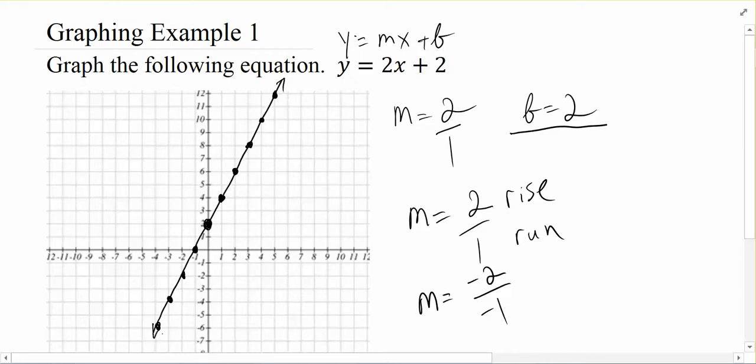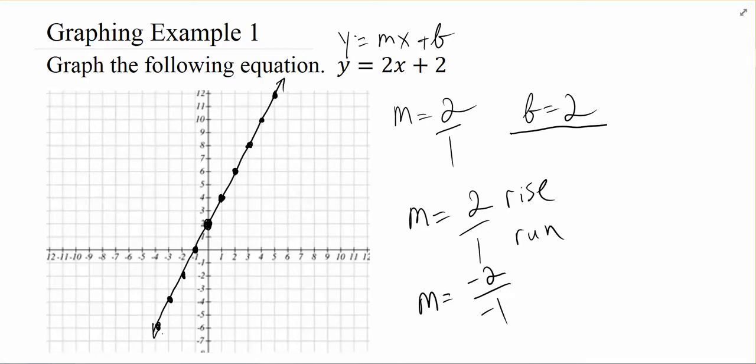Now, one of the downsides of using this method, though, is that we're kind of putting all our eggs in one basket. We're saying, if I messed up on either the slope or the y-intercept, the whole thing is shot. That was one of the nice things about using point plotting, is when we found 3 ordered pairs, if they didn't line up, then we knew we made a mistake. If they did line up, we were pretty sure we did all right. So it's a good idea to check your answers on these as well.